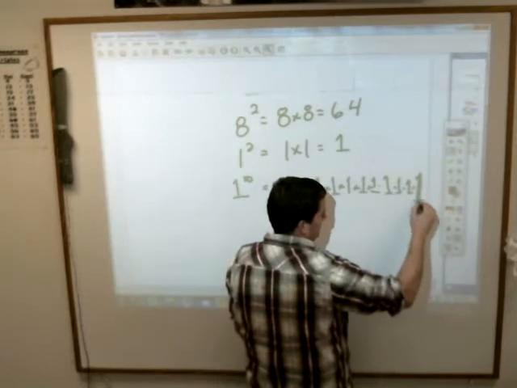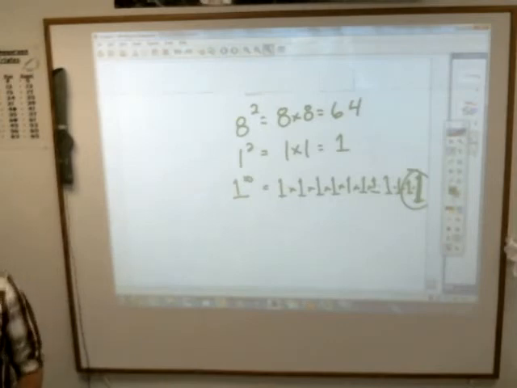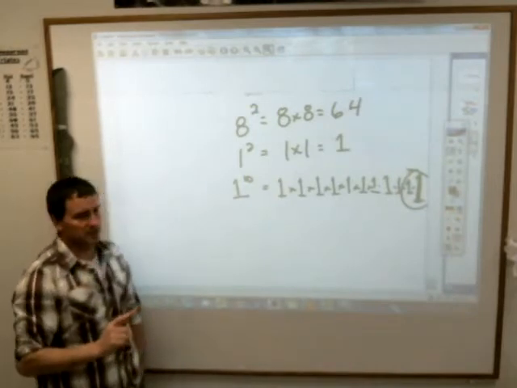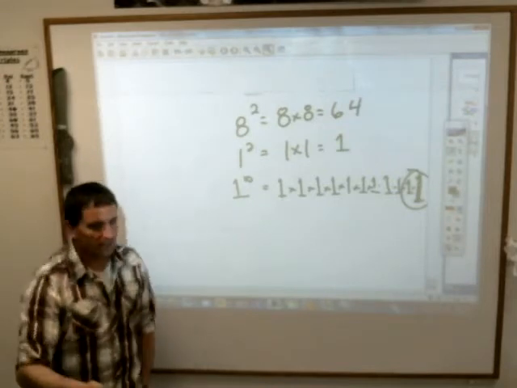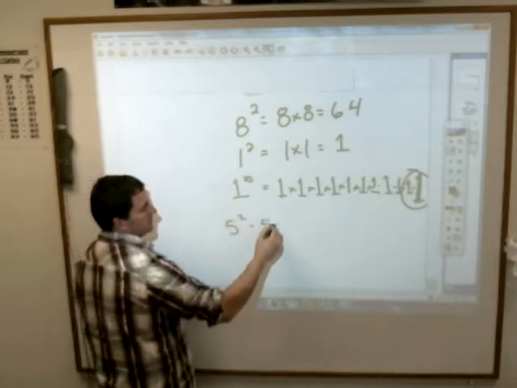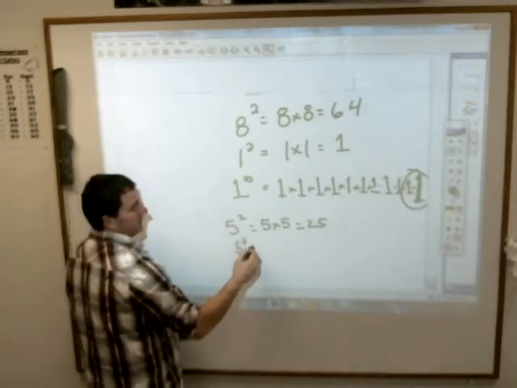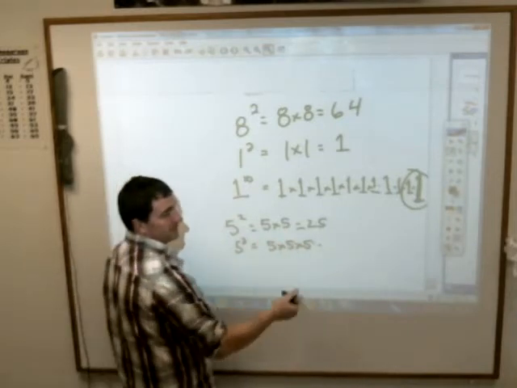Sometime in your life, you will hear the term something is growing exponentially. Okay, sometime in your life you'll hear that. Probably before you're out of high school. What does it mean to grow exponentially? Well, the thing with exponents is it doesn't take very long before exponents start making numbers really, really big. For example, 5 to the second power is just 25. 5 times 5. But 5 to the third power ends up being, well, 25 times 5, which is